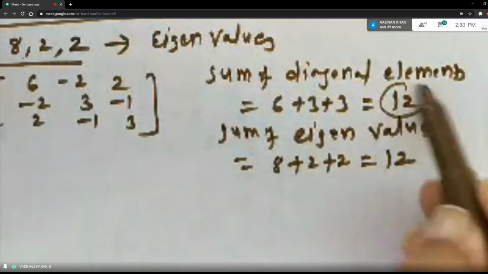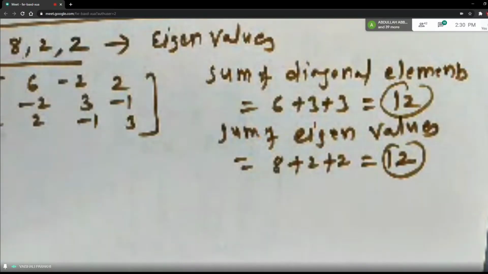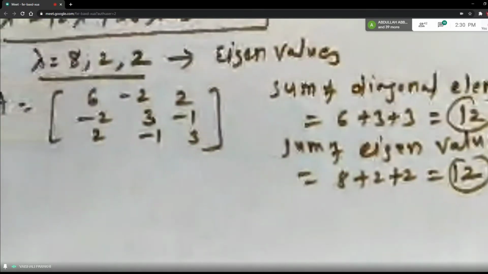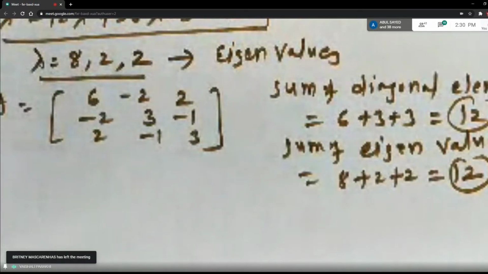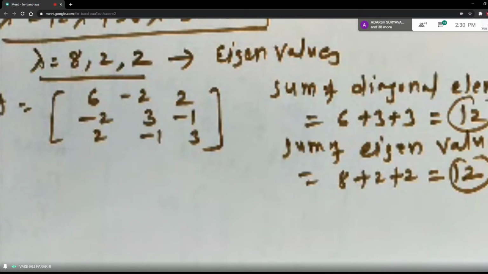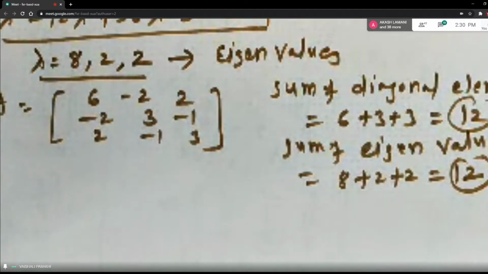When these two values are equal, you can say that whatever eigenvalues you got are correct. Because if the eigenvalues are wrong, your eigenvectors will be wrong. After that, you will be learning diagonalization of the matrix, which comes for 10 marks in the exam. So you have to find the eigenvalues very carefully. This is the procedure to find the eigenvalues.